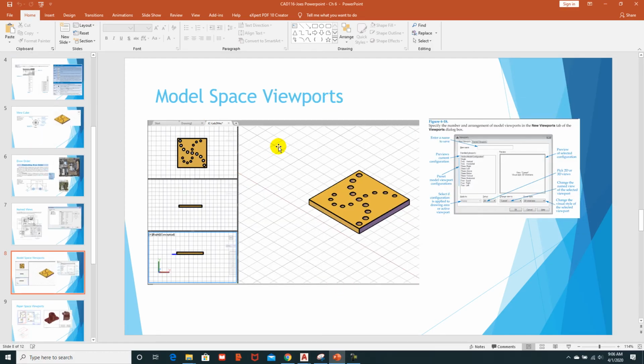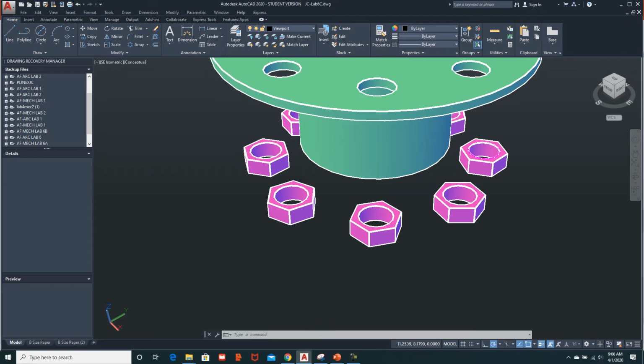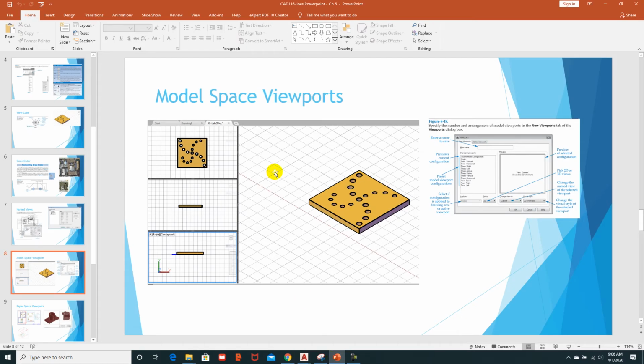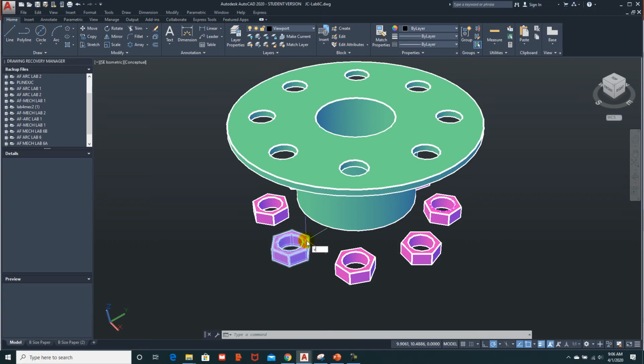Model space viewports. The viewport command or the views command originated out of model space, and what it allows you to do is create things like top, front, right side, and isometric views within model space. And then you can work between these different viewports. And so if I come back here to AutoCAD, and I type in viewports, and it's viewports,